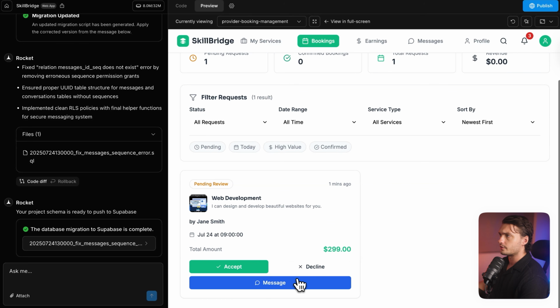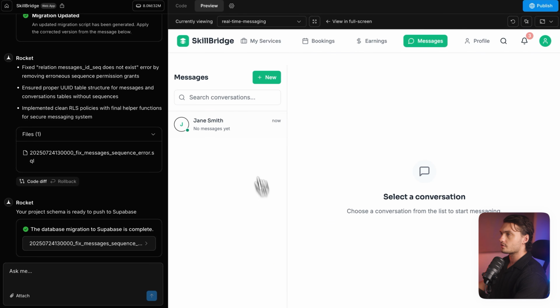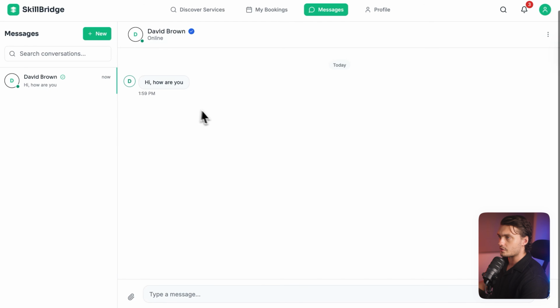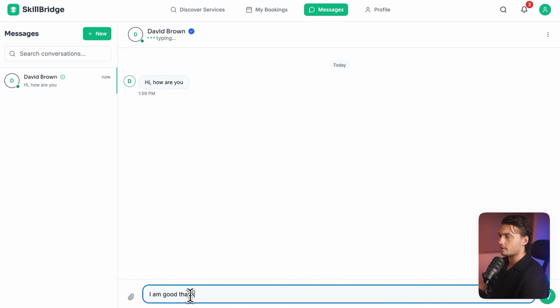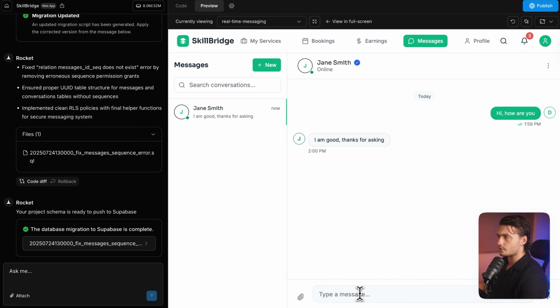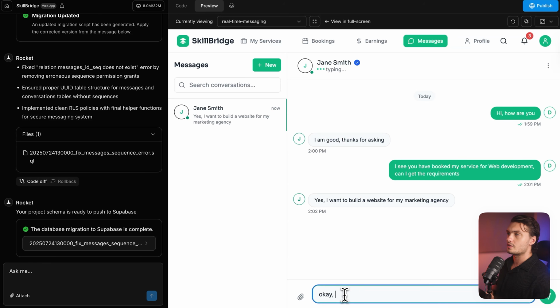Now logged in as provider, I'm going to click on message in our bookings and send the message. And as you could see, we received that message and we can message back. Let's try messaging again. Okay, that message is also received. And this way, as you could see, the users can actually chat with each other to make sure that they're a good fit before they confirm the